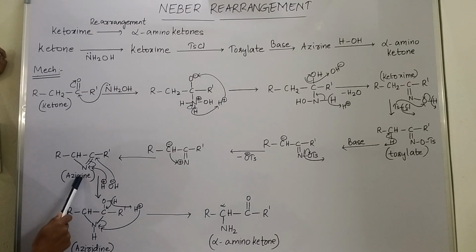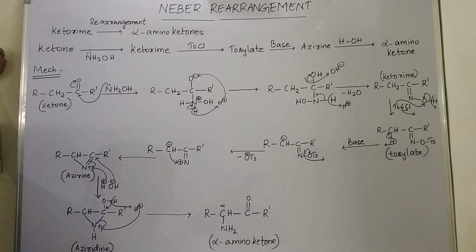So this azirine is a heterocyclic compound containing 3 atoms, where one atom is a nitrogen. Now this azirine will undergo hydrolysis, where the pi bond is shifted to nitrogen here, giving a negative charge on it, and the carbon here will get a positive charge. Now this H+ will form a bond with the negatively charged nitrogen, and OH- will go and attack the positively charged carbon and will give us